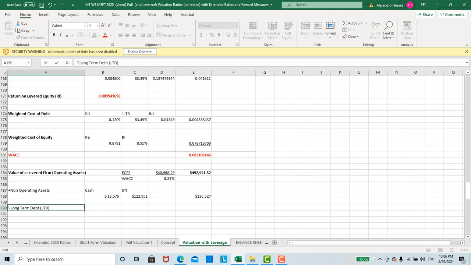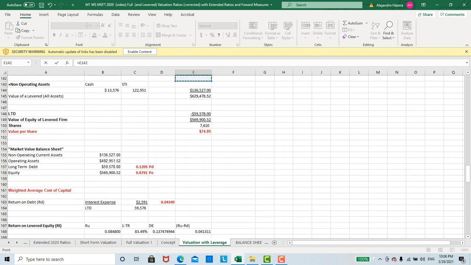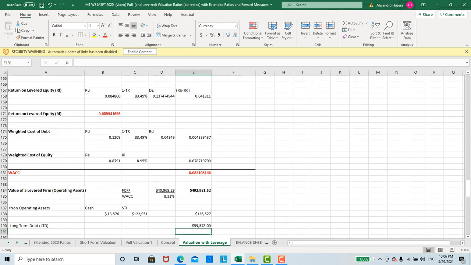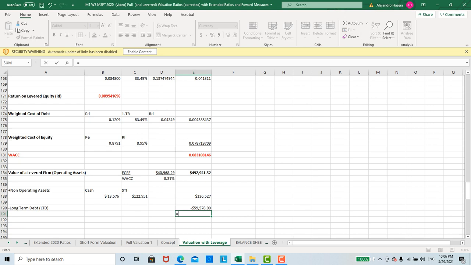We'll just subtract the value of the long-term debt, which I've been doing all along. It's 59 something. Here it is right here. And so we should get the same basic value